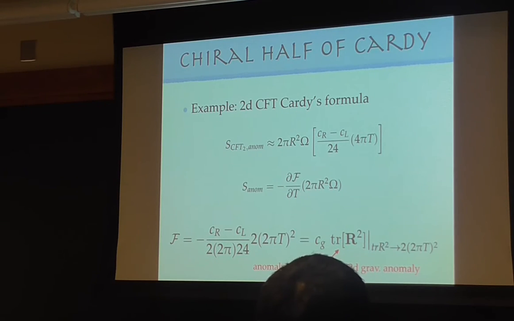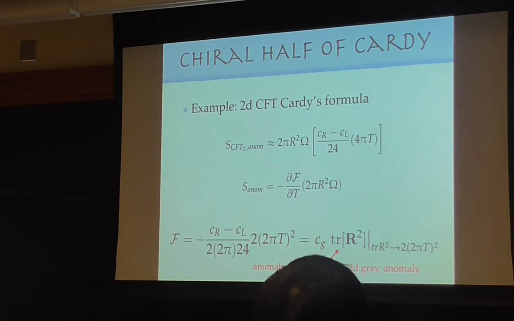Now, in a 2D theory, when you have a gravitational anomaly, I told you that all the anomaly content is given by the anomaly polynomial. So in 2D, you have to go to 3D to get a Chern-Simons term, and you go to 4D to get an anomaly polynomial. Now, if you think about just pure gravitational anomaly, I give you a Riemann 2-form, I need to give a 4-form. So you get trace R squared. So this is what it is. And the coefficients are determined by, depending on the convention, there are always 2 pi and 24, but more or less it's c left minus c right. So this captures c left minus c right of your 2D QFT or CFT.